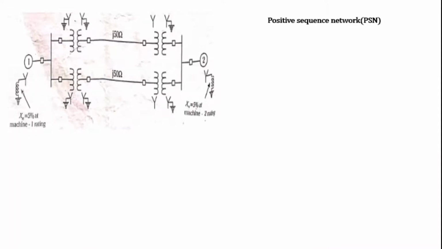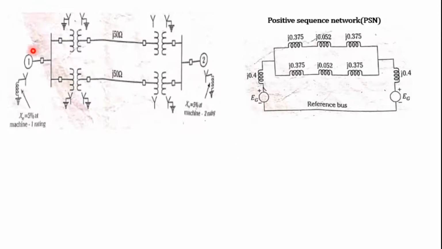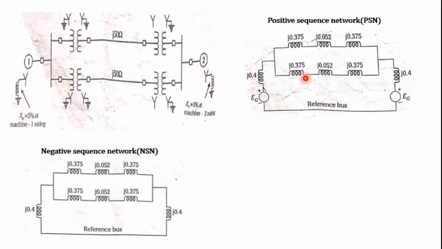Next we need to draw the positive sequence network. For the generator, it is a source of EMF and the reactance. For generator 2 it is the same. For the transformer it is just reactance, for the transmission line just reactance, and for the other transformer too. We substitute only the positive sequence reactance values in the positive sequence network, so it looks like this. For the negative sequence, it is the same as the positive, except that the source of EMF is short circuited.